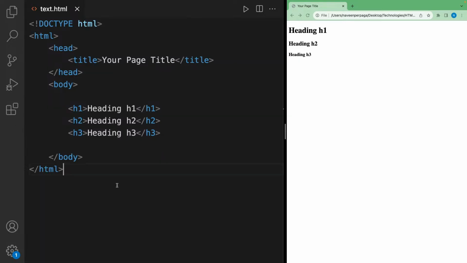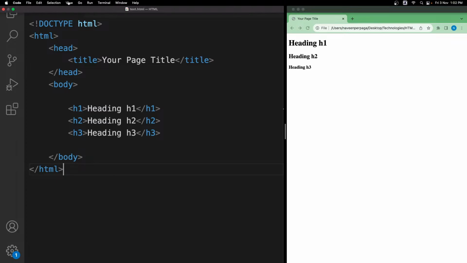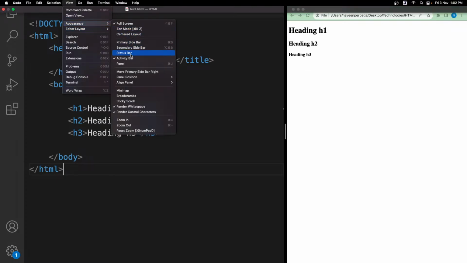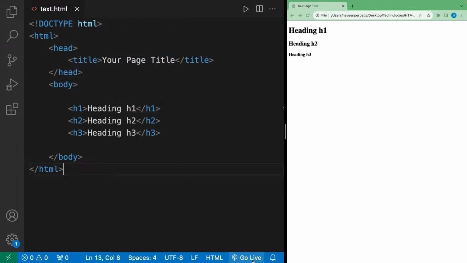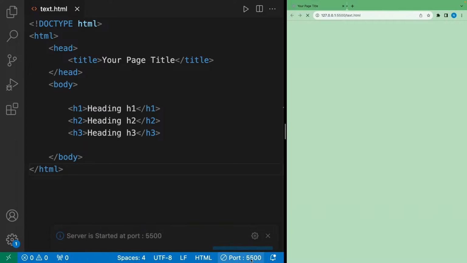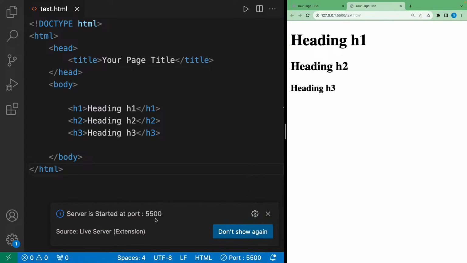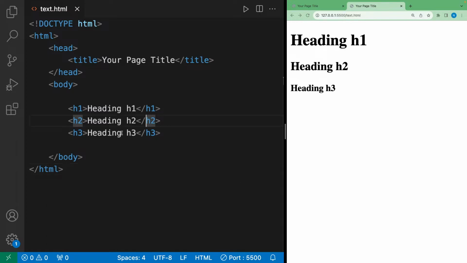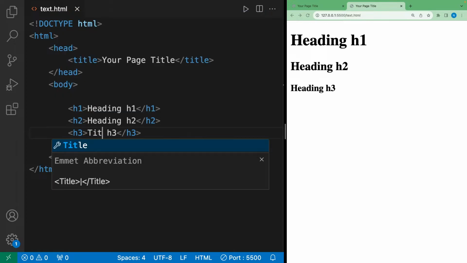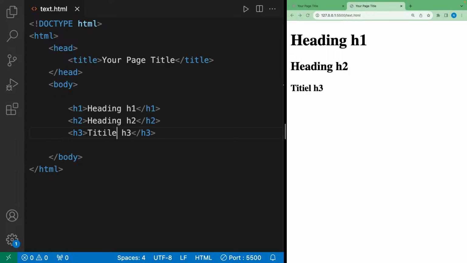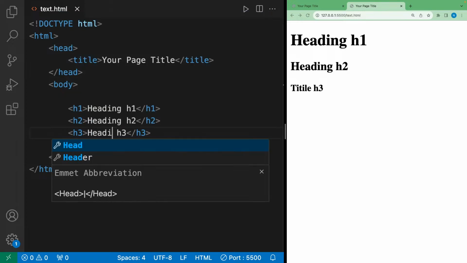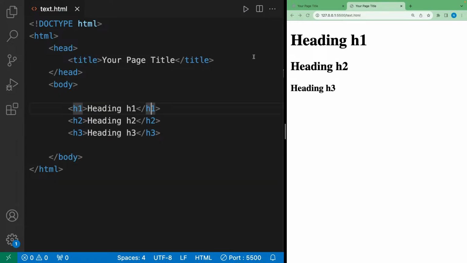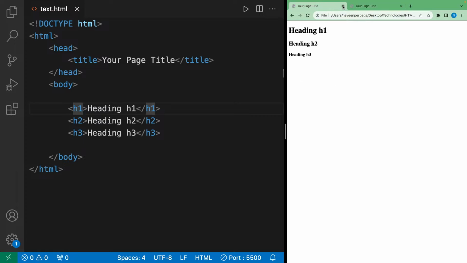So you can go to your status bar and click on Go Live. Okay, so it has started the server on port 5500. So if I now change the heading, it is changing in real time, right? So I do not have to refresh again. So I will close this